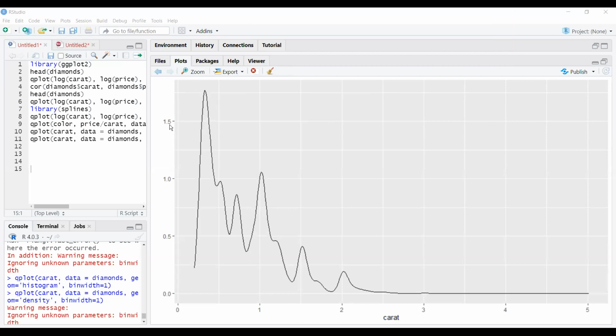Sir, there are values corresponding to 1.5 and above, and it is a density curve. I just want to know what it corresponds to. So this is caret, a continuous value, right? Sir, probably, but a density curve should be between 0 and 1, I guess. No, density can be greater than 1. Probability density can be greater than 1. Oh yeah, sorry, I get it. The area under the curve has to be 1, the total area under the curve.